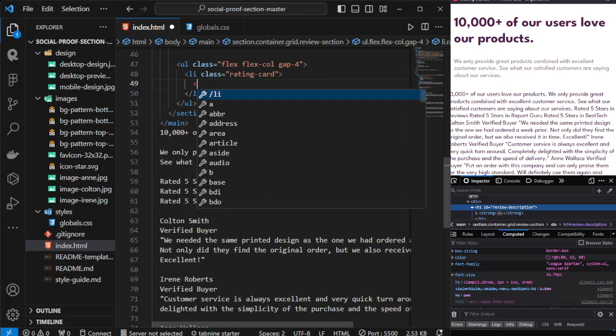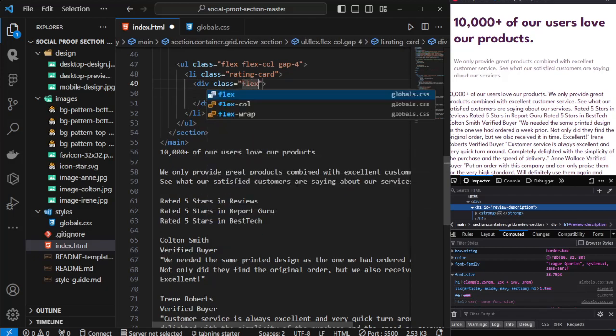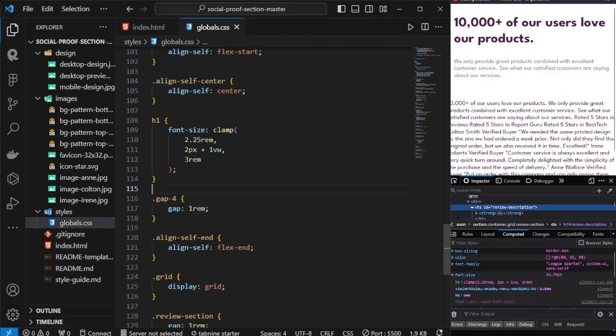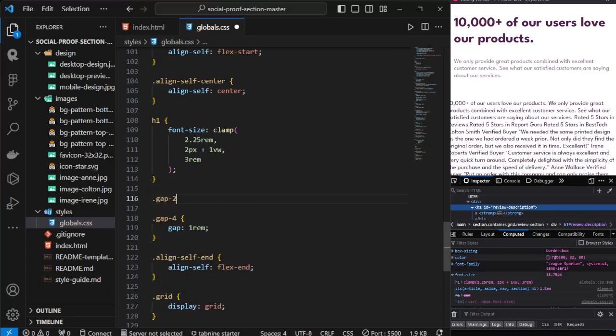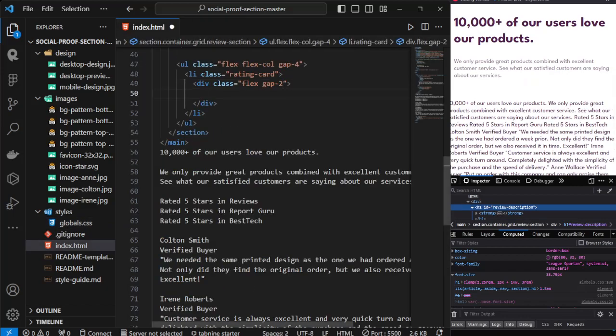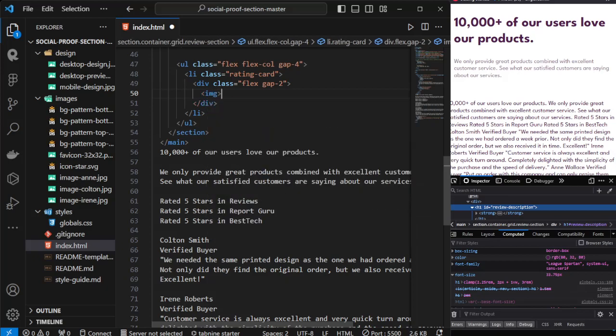And then we'll have this container, which will have a flex and a gap of 2. So let's just go here, gap 2, gap of 0.5 rem. Okay. And then we'll just have 5 stars. So image